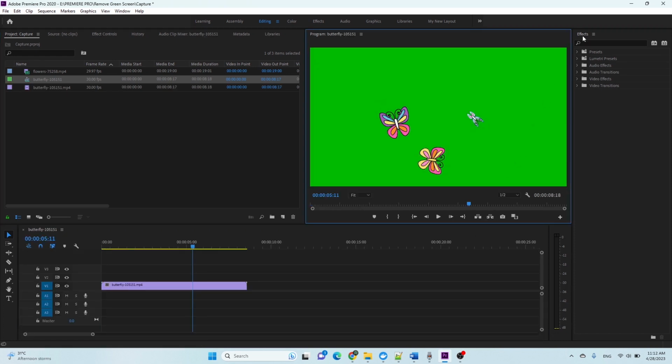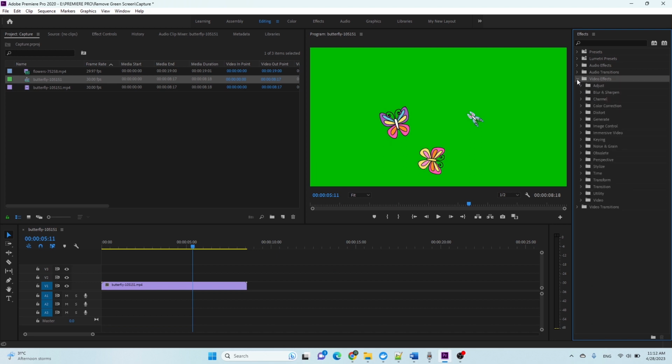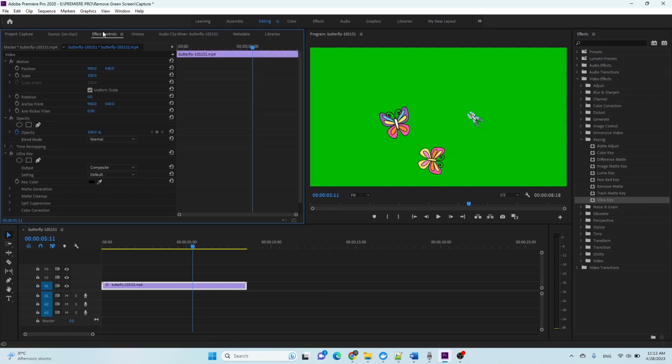All we have to do is simply go to the Effects panel, open the Video Effects folder and open the Keying folder, and inside the Keying folder there is an effect key called Ultra Key Effect. Just drag that onto the video clip and head over to the Effect Controls panel, and there you will see